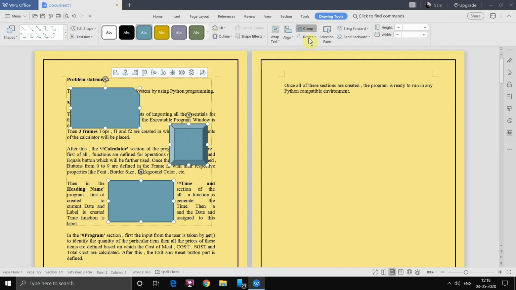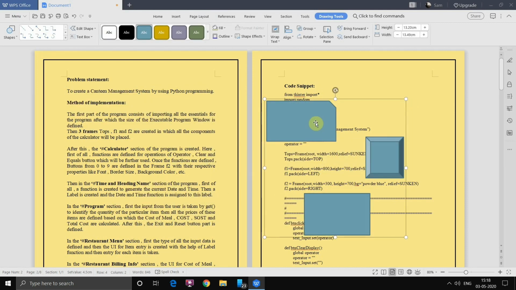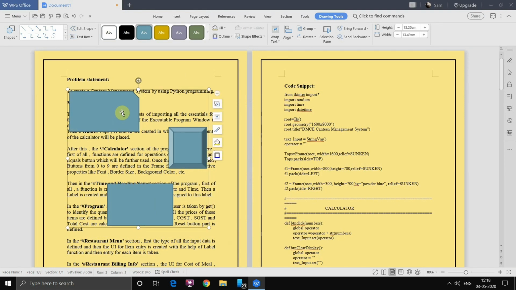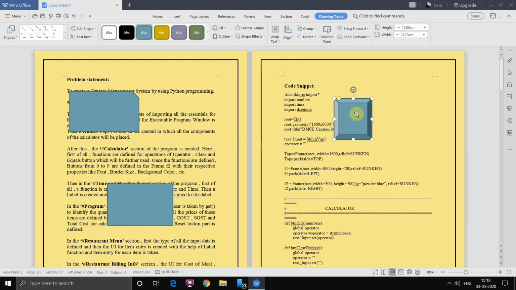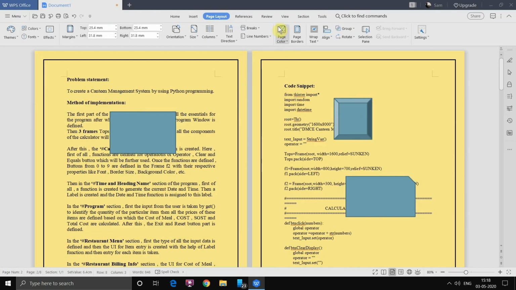You can select group. Now once you group all these 3 shapes, you can take them at a stretch anywhere you want. Take in here, here, here, here. Alright, that's how you can group all these shapes. Now if you want them to be separate, then just go to group and ungroup. See, now I can move any of these anywhere. Get it? So that was group option.